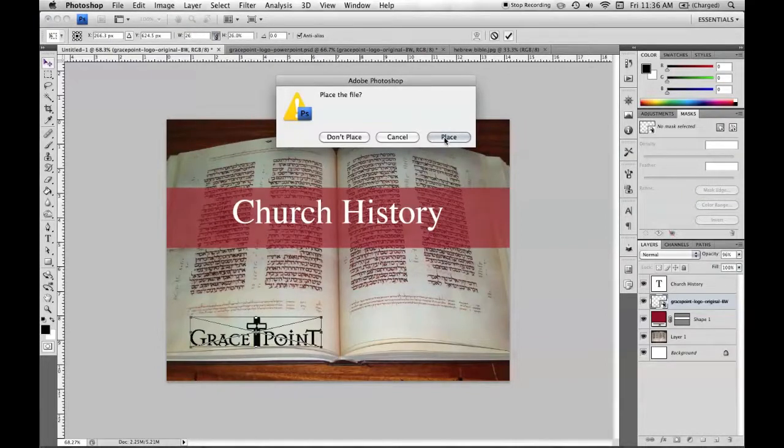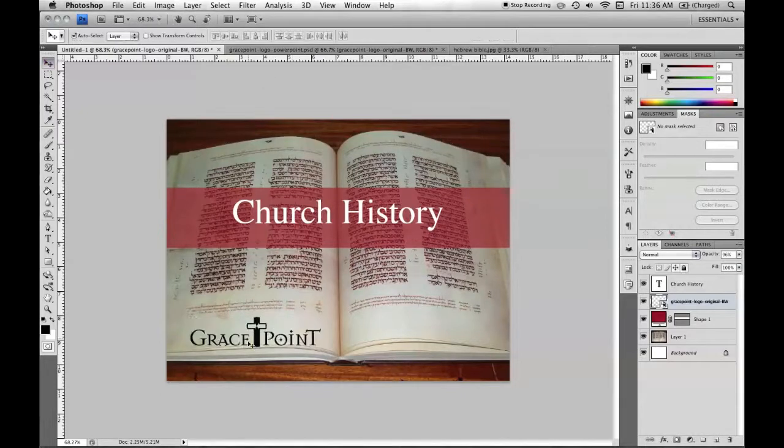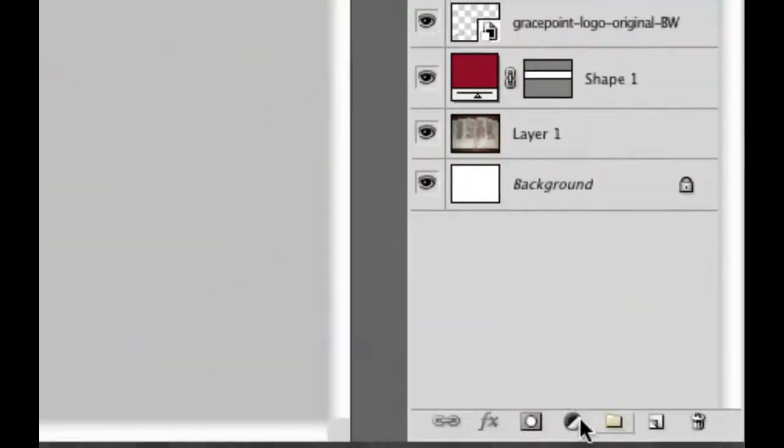And when I pressed enter there, it gave me this dialog box. I'm going to say place. And then I'll just move it around a little bit. But we want that to be white, and it's just an image. So we're going to use this,